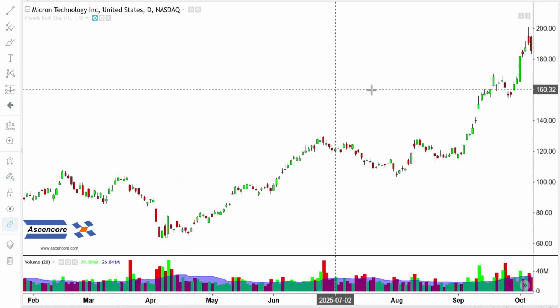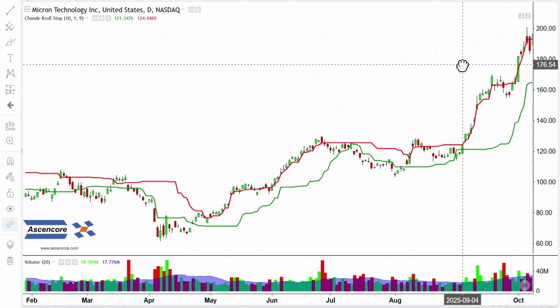Let's take a look at some examples where the Chande Kroll stop indicator can help improve the usefulness of Fibonacci